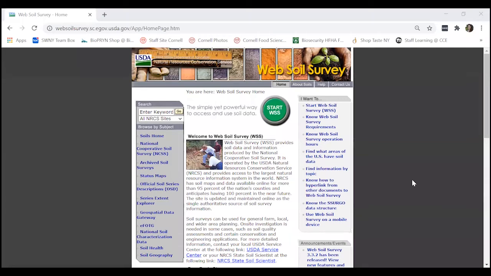This is going to be an introduction to the USDA Web Soil Survey. The Web Soil Survey is a tool that we can utilize to determine the soil type of a field, which we will then use to put on our soil sample submission forms when we submit soil samples to the lab of our choice. To go to the Web Soil Survey, we first enter the address code here in the top